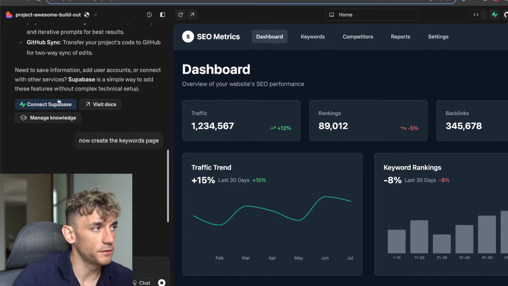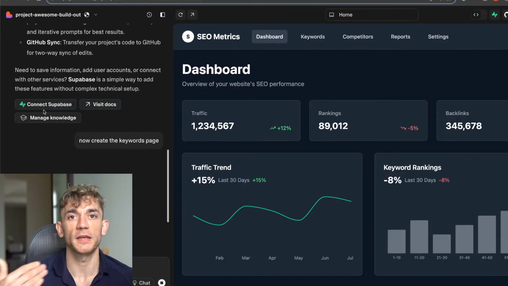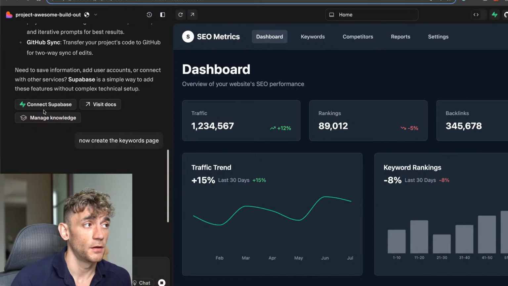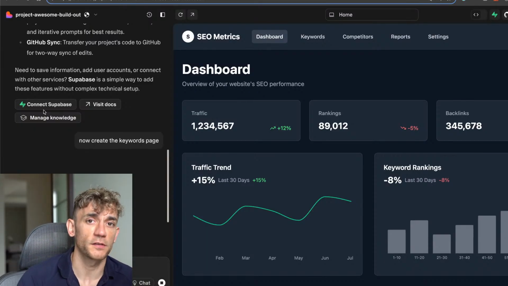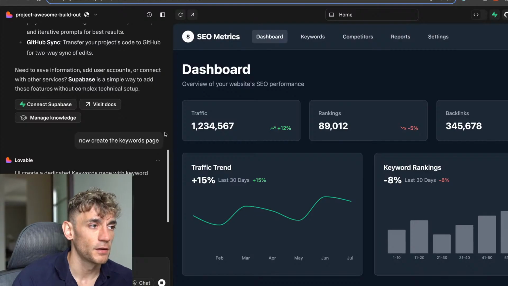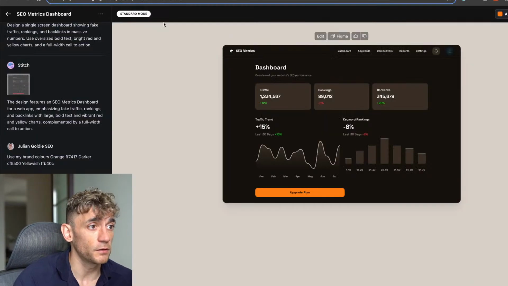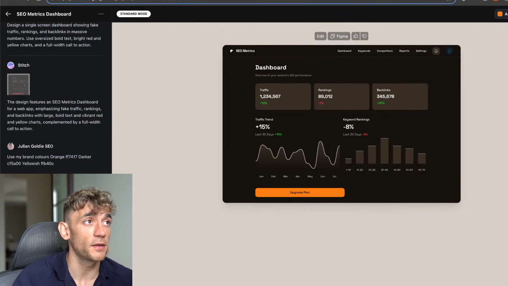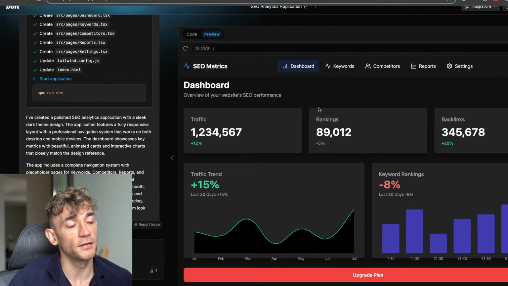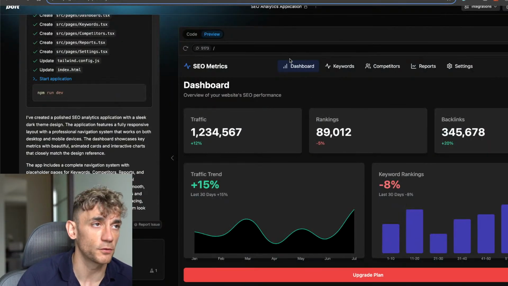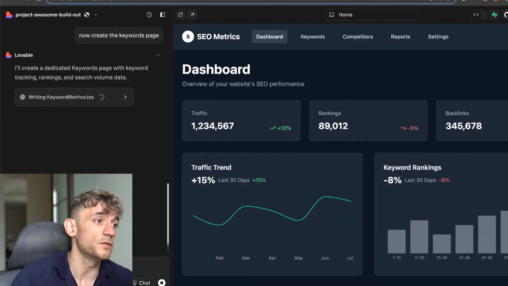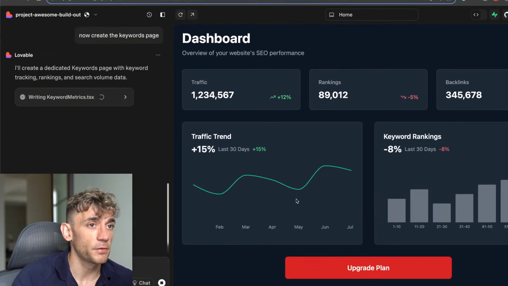Also, what you can see here is you can connect this to Supabase, right? So if you want people to be able to log in on the back end, then you can connect it to Supabase. Pretty simple and easy. You just get an API key. But essentially, you can go from idea to Stitch with the UI. Then you can plug that into bolt.new, Firebase, or Lovable. And from there, you can just build out the app that you want to build, right?